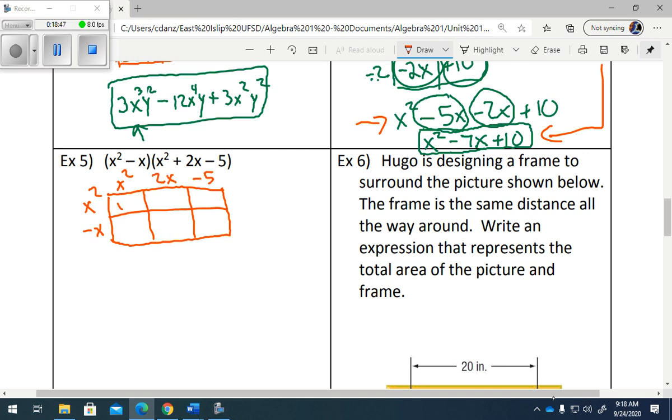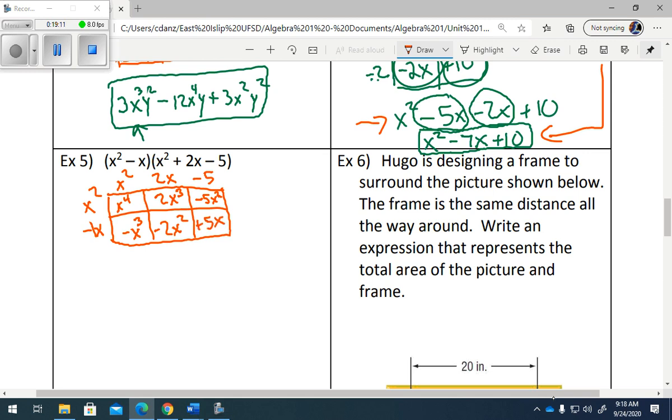And I'm going to write this as x to the 4th, 2x to the 3rd, -5x squared, -x to the 3rd. Remember, this is like a -1. So this is a -2x squared, and then a